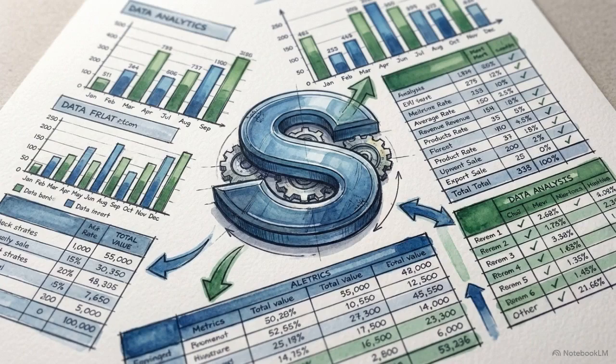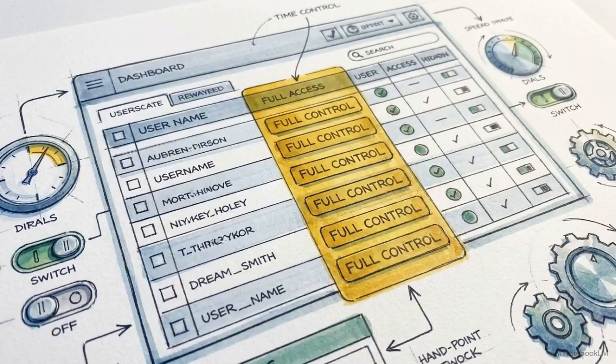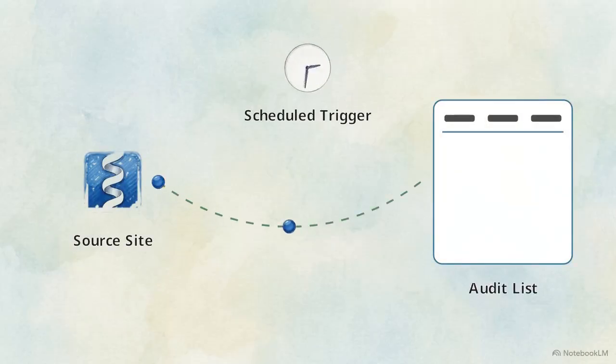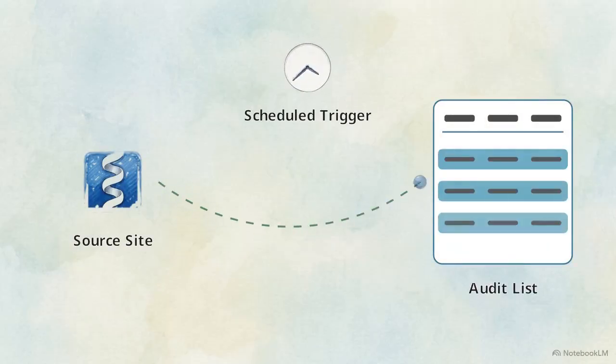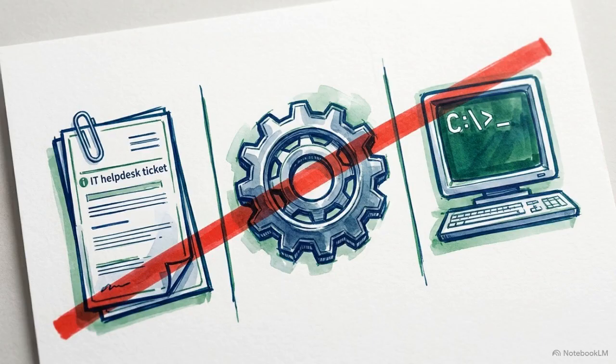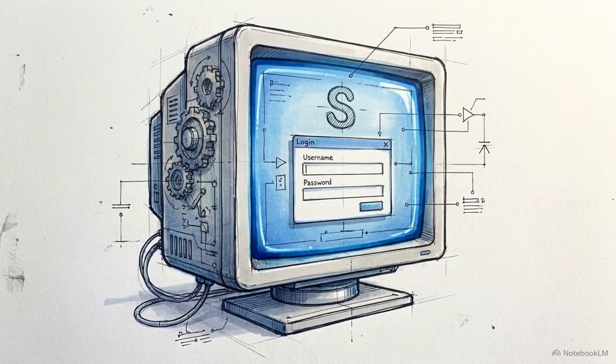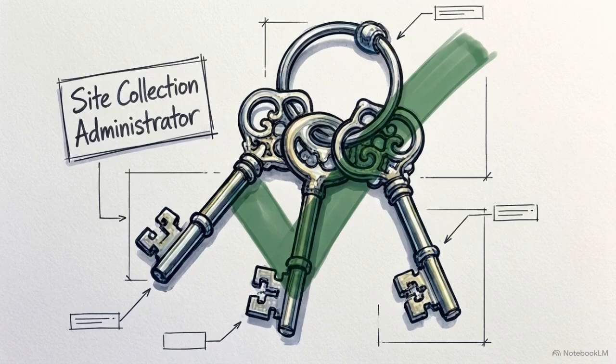This dashboard provides total transparency into your SharePoint environment, visualizing every assigned permission level and surfacing exactly who has administrative access to the site. We are going to build an automated scheduled extraction tool that pulls this permission data directly. You won't need to submit a ticket to IT, access Central Admin, or write a single line of PowerShell. The only prerequisite to build this workflow is that your account must have Site Collection Administrator rights for the target